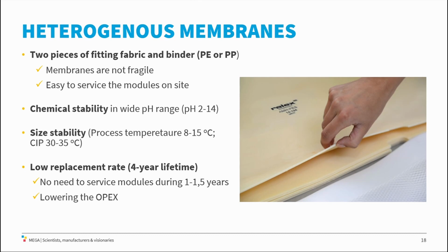On the previous slide we talked about anionic exchange membrane and cationic exchange membrane. In our technology we use heterogeneous membranes. Heterogeneous membranes have several advantages in comparison to homogeneous membranes, which are used in other ED technologies. The very big advantage is, from my point of view, mechanical stability. Thanks to this mechanical stability, you can service our ED stacks on your own without the need of sending the module